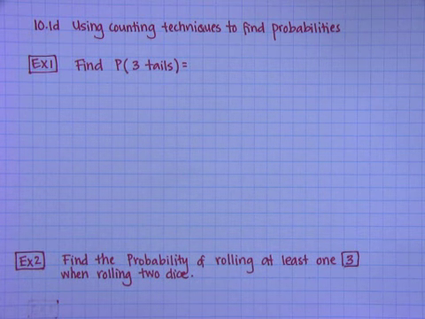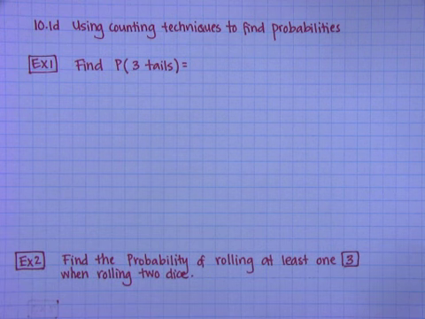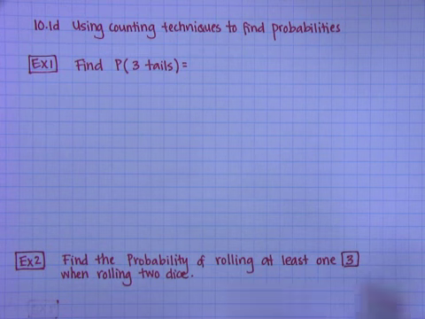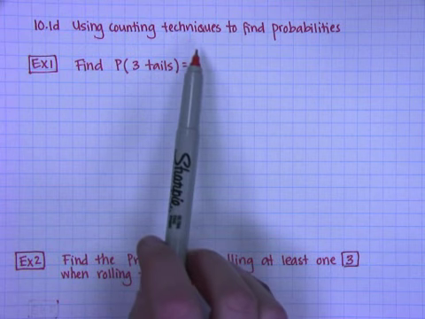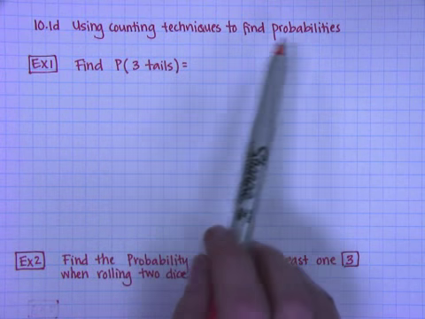Hey guys, in class we've been playing a bunch of games where knowing the probability of something happening helps you win. And so we're going to start moving to this area where we're going to calculate the probabilities first and then play the game so that we can enter into the games with some strategies. Now, these notes are about using the counting techniques that we talked about in 10.1a and b to find some